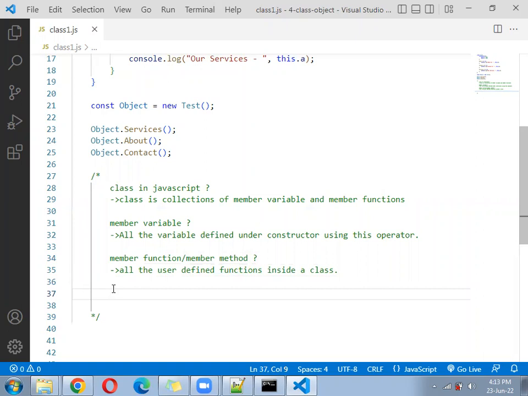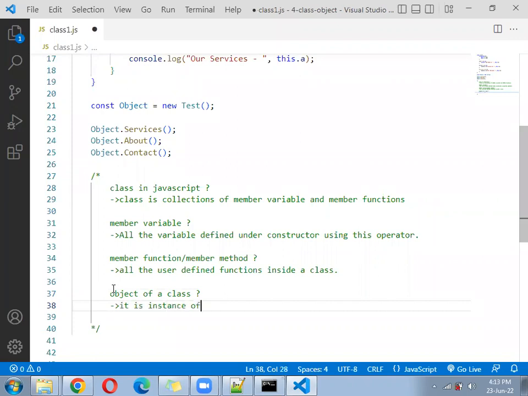Next, after that you can write: object of a class. What is that? You can say object of a class is nothing but it is